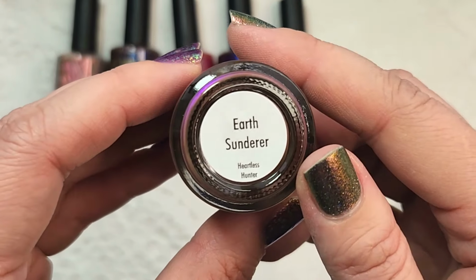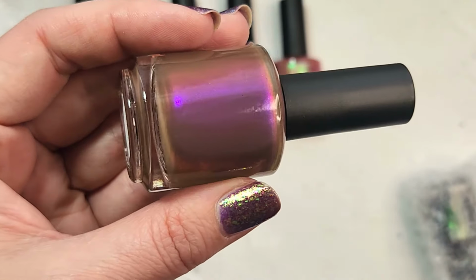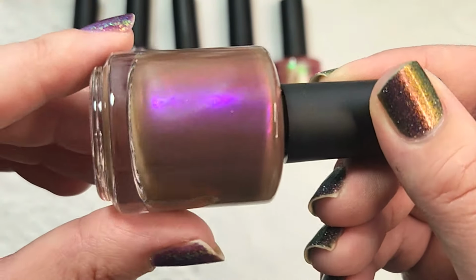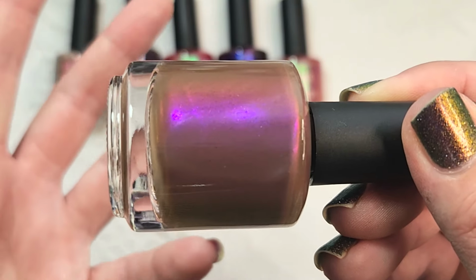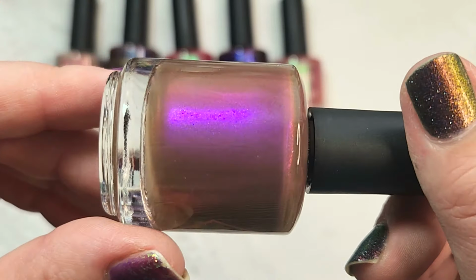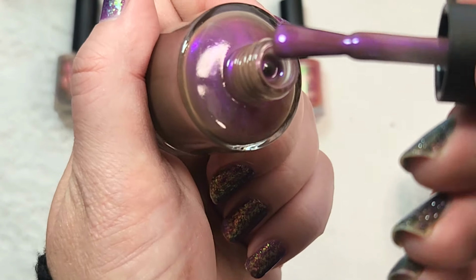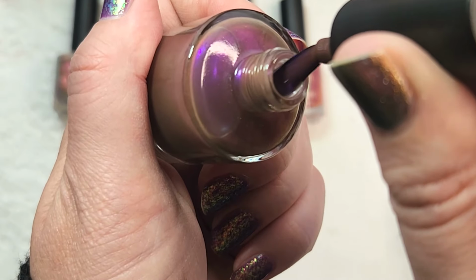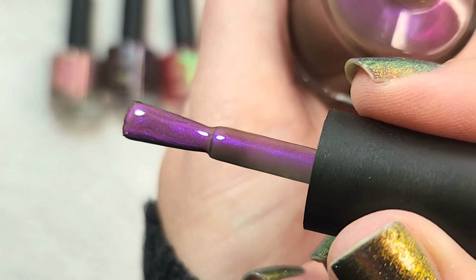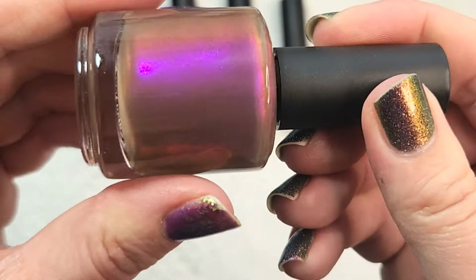Next up is Earthsunderer. This is another from the Heartless Hunter collection, and you guys, this is one that I was semi on the fence about, but I am so glad I grabbed it. In person, this has all the rainbows. So this is one of those, again, rather unusual polishes where the base is this sort of an earthy, per the name, brownish green gray, and then it has a multi-chromatic shifting shimmer in it. This is so unusual. Now, the reason why I was a little on the fence is I had gotten something kind of in this range. And when I say range, I mean the concept of having an earthy color with a glow in it